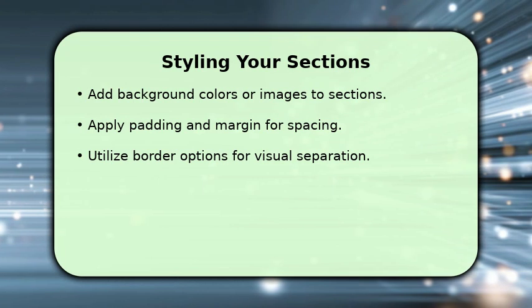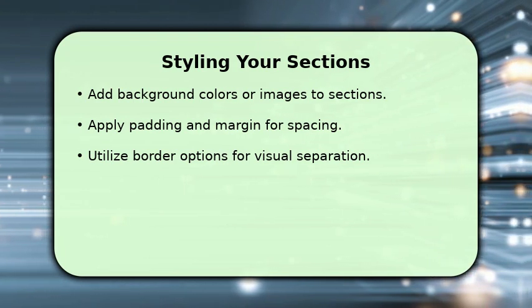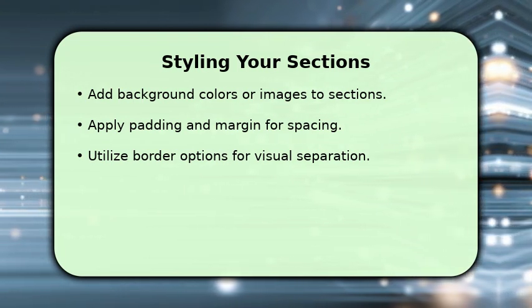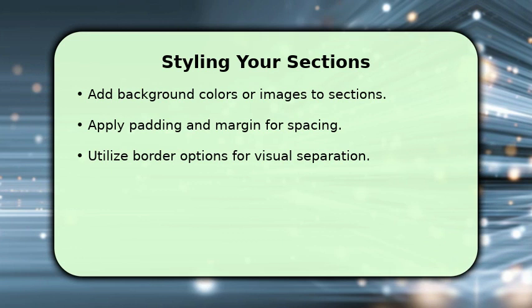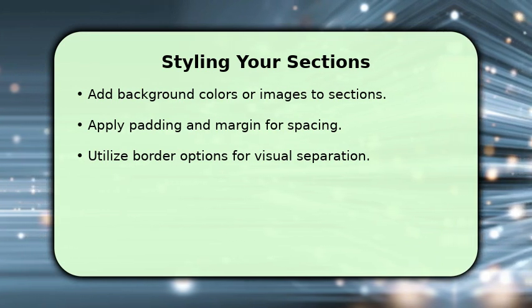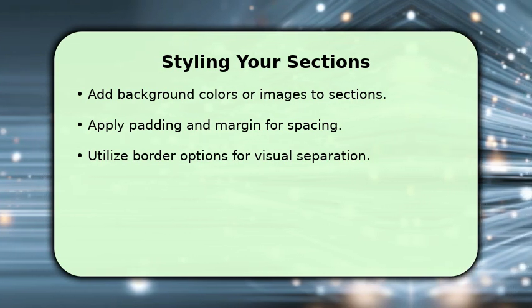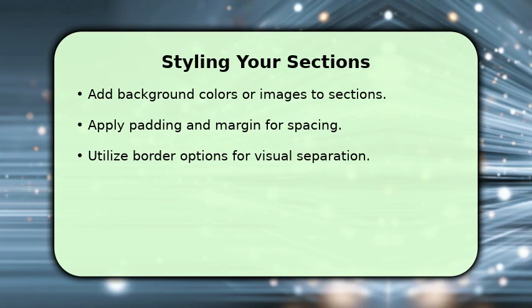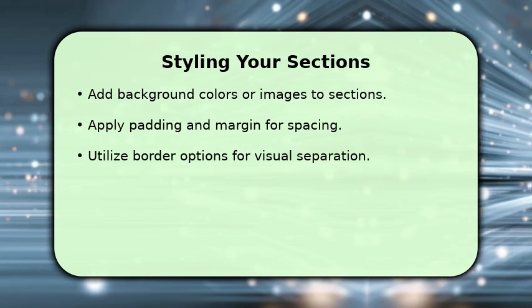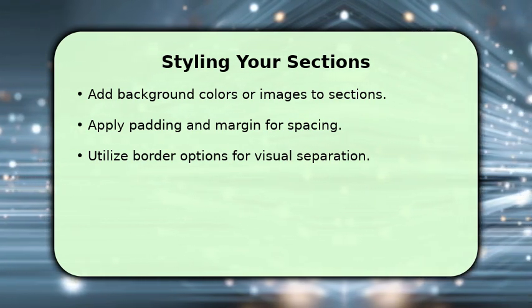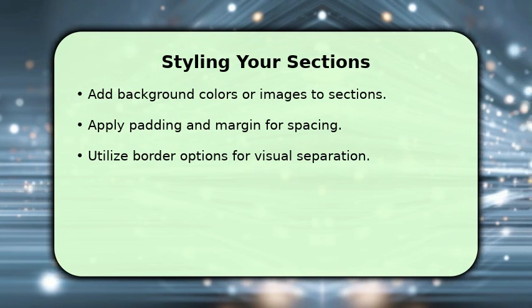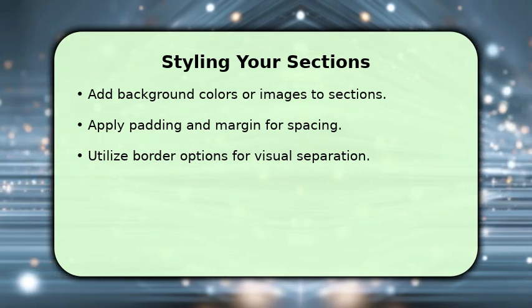You can add captivating background colors, gradients, or even full-width images to make your sections visually appealing. Use padding to create internal space around your content and margin to add external space between sections, ensuring a clean and organized look. Elementor also provides various border options, including solid lines, dashed lines, and different radii, to give your